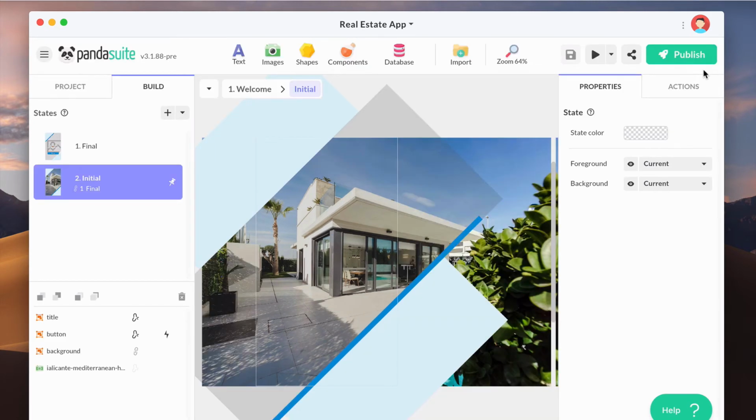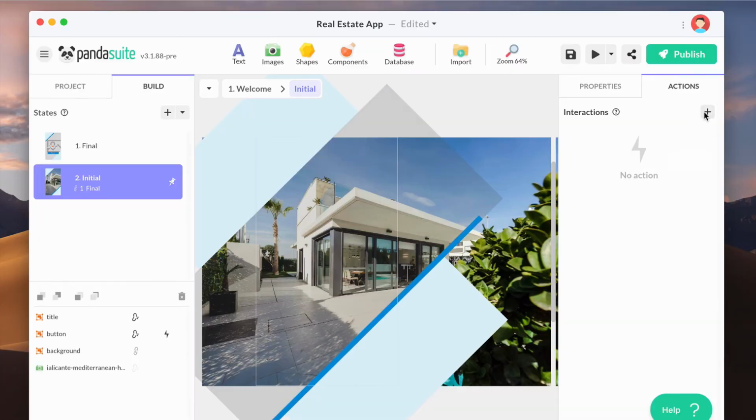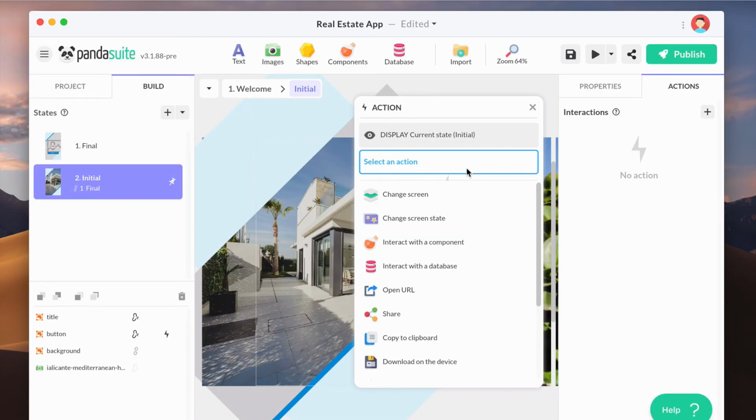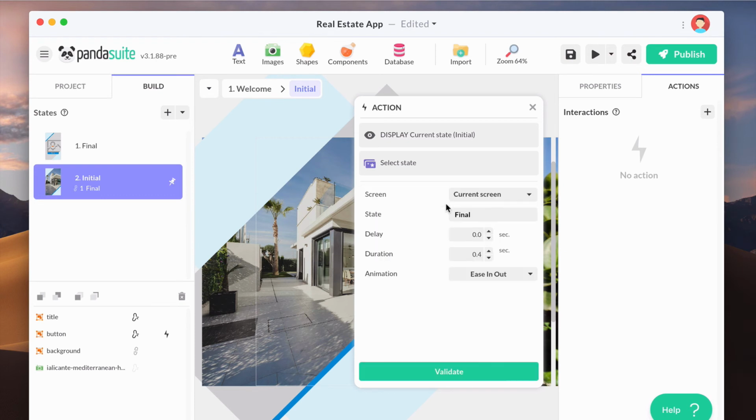As with any other object of your app, states have triggering events and actions. If you want to change automatically without any user interaction, select the parent state and choose the event Display State. To select the state, make sure no object is selected. Selection is displayed with a purple highlight. Then select the action Change State and go to the state. You can set the delay, duration, and choose the type of animation, easing or spring animation.